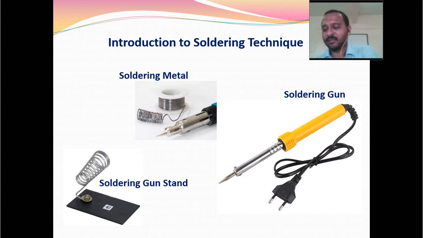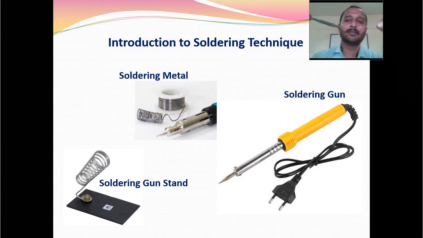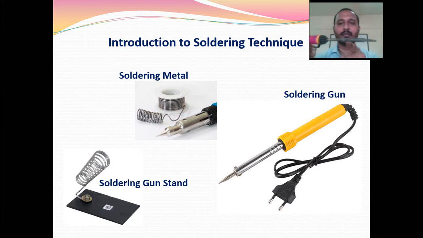If you want to see the temperature, I am using this metallic wire, soldering metal, sorry, and if you touch like this, you can see the fumes. Can you see the fumes, students? See here. So it is heated. The temperature of this part is around 300 to 400 degrees Celsius. So one has to use it carefully. Now see how I am holding this, still the fumes are coming.